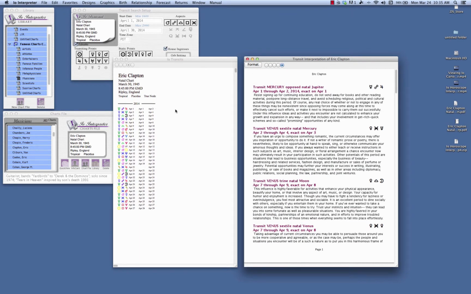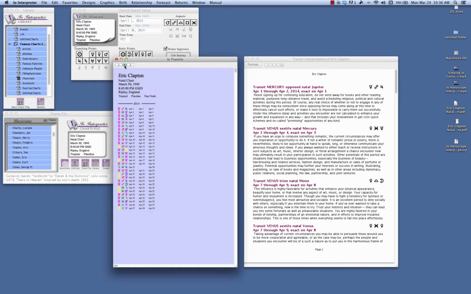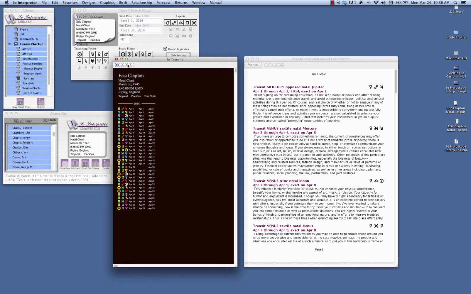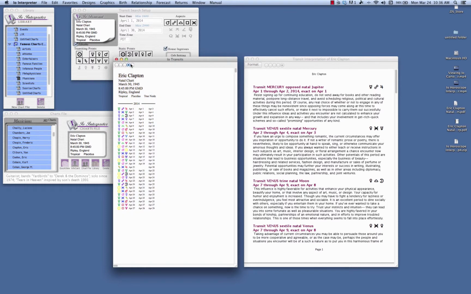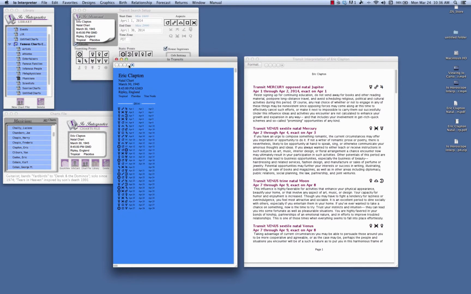So if you're familiar with the program already, you know that each of these buttons represents a different preset format that you can modify as you become familiar with the program, and in another video we'll show you how you can do that, so you can make the backgrounds of the page the colors you want. You can change the glyphs, colors, do whatever it is you like. In the actual interpretation,